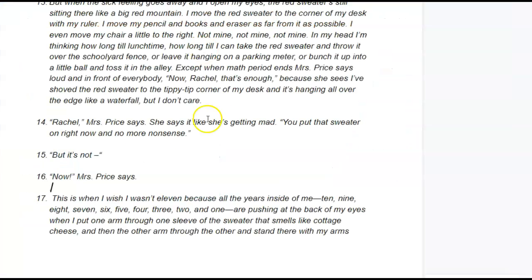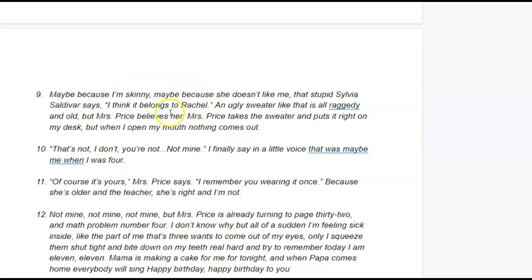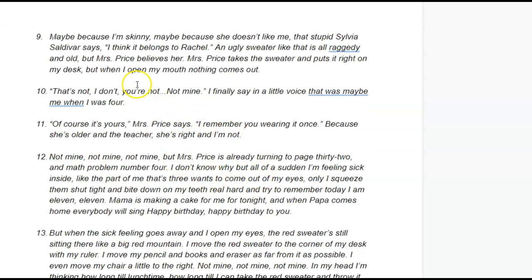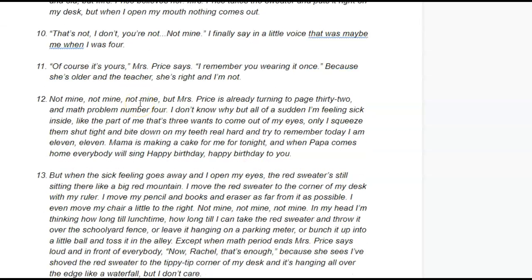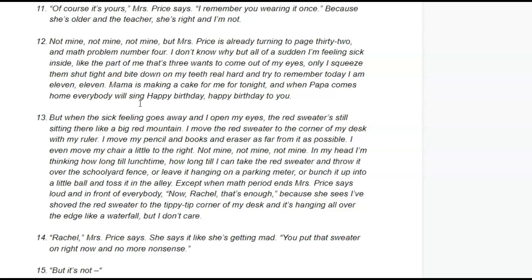When we go back and look at our story, paragraph 9 is when the sweater was placed on her desk. This is where the conflict began, correct? And this stuff right here is the rising action that's eventually going to lead to this turning point. So stop and think, okay, how was she forced to deal with this sweater? Well, I remember something about Miss Price. If we keep reading,